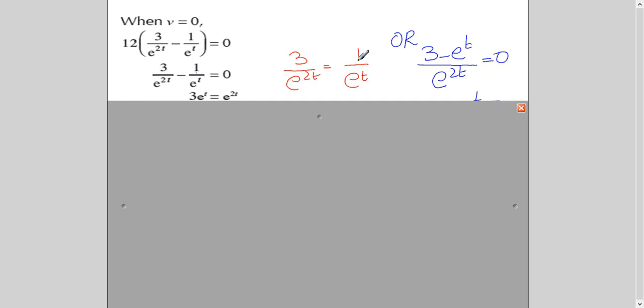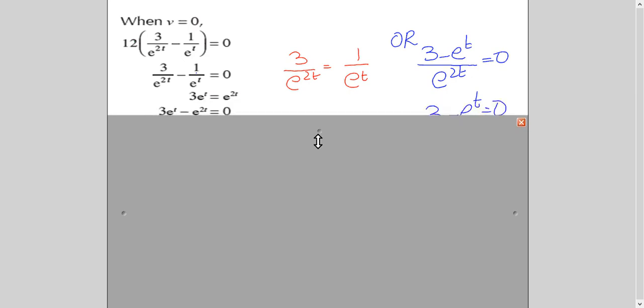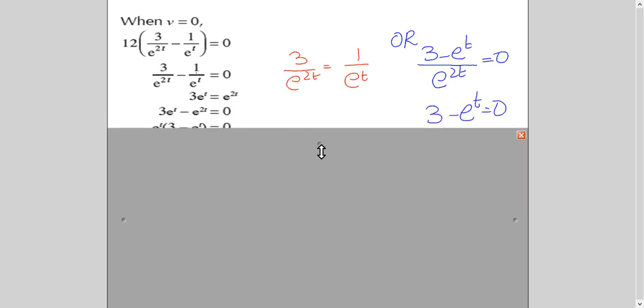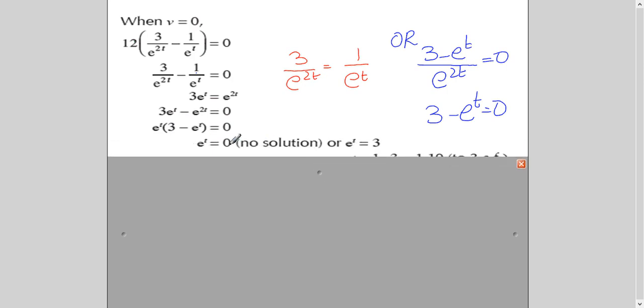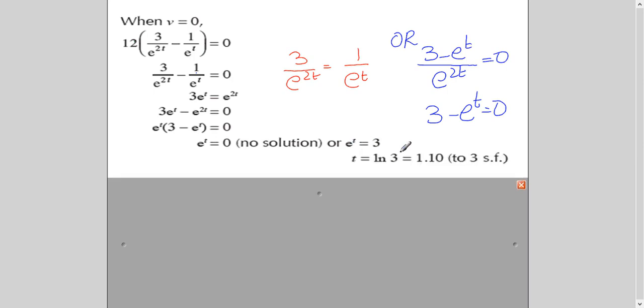There are 3 ways to solve it. Then cross multiply. Just look at this. This is the second method I'll discuss in a while. So I've taken this term to this side and then cross multiply. You will get this. Bring it to one side. Take the common factor out. So now you have e^t equals 0 and 3 minus e^t equals 0. This, 3. This is not possible, but here you will take ln on both sides and you will get the value of t.